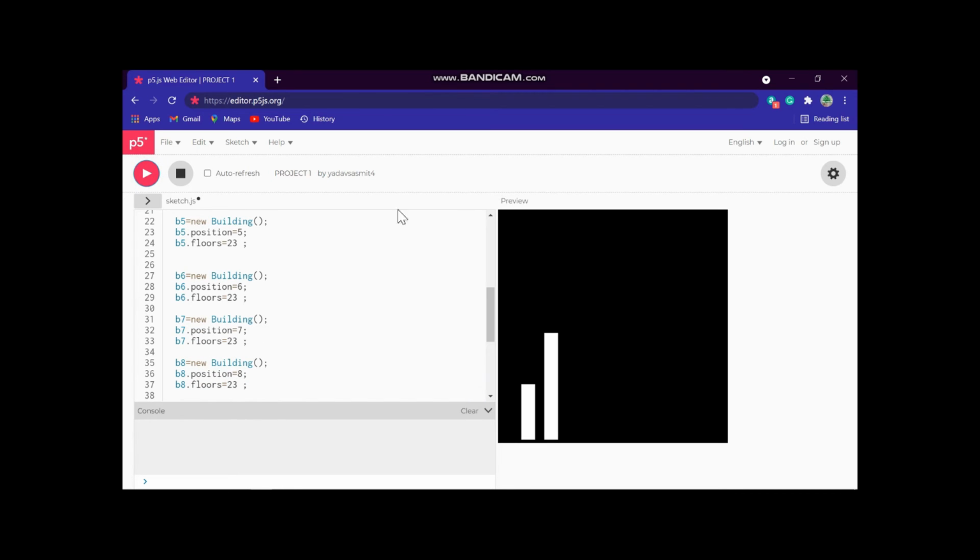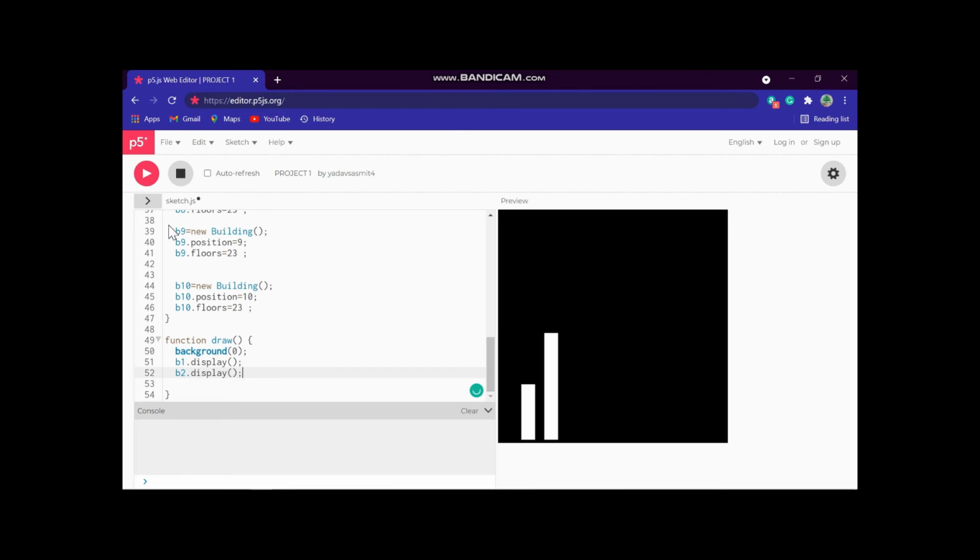Now run. You cannot see anything because we have not given any display function. You can see here b1.display. You have to copy this and paste it 8 times, because there are 10 buildings and 2 are already there.